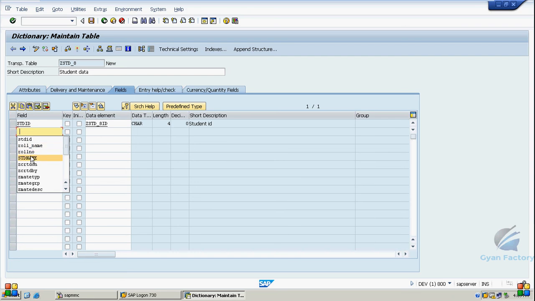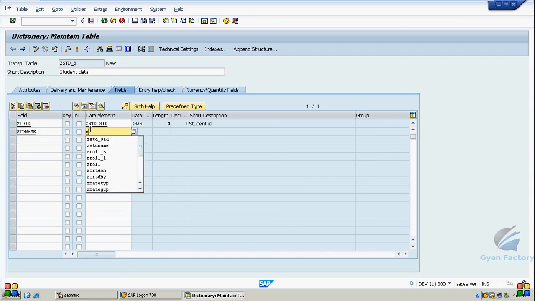So I am adding std name and I am using the existing data element. So either we can use any existing data element, or I can create my own data element, or I can use standard data element also. So it again depends on the requirement why we have created the custom one here. So this is custom because we have started it with the Z. We used a custom one because we want to learn how to create data element. That's simple. If we have any existing standard data element or domain, we can use it. There is no issue, but it should match our requirement. So let me save it.